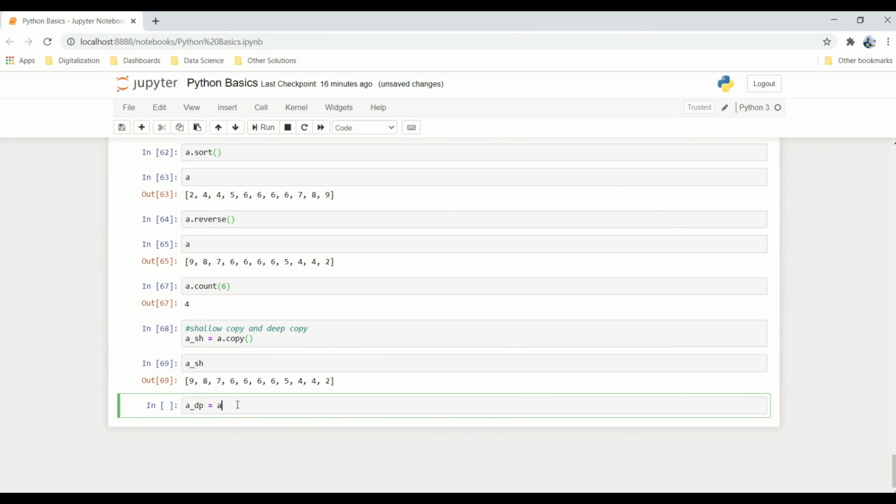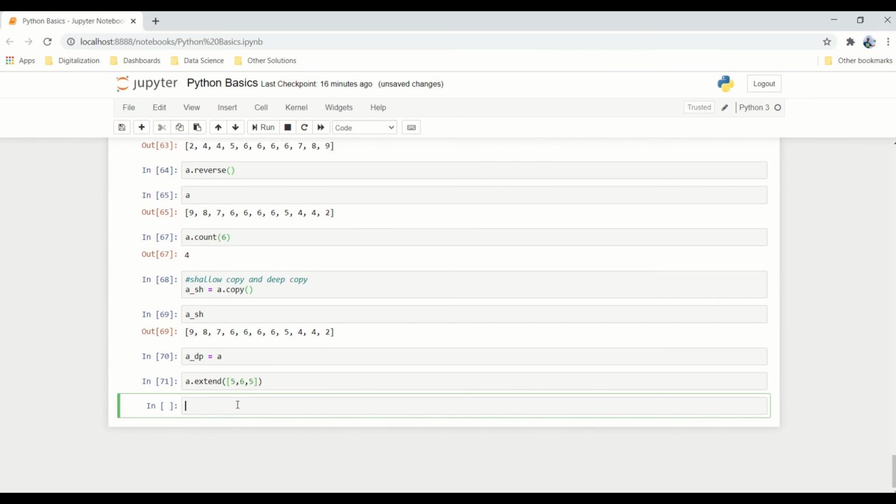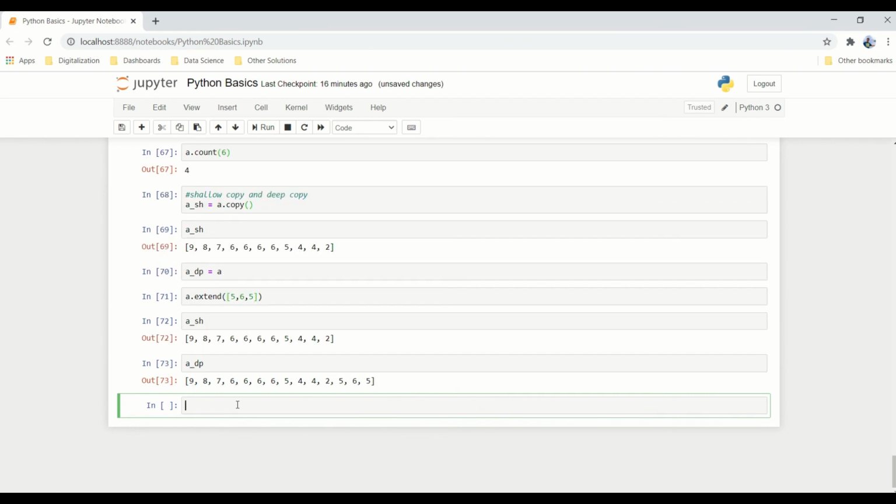So currently both are same, there is no difference. Now let's use an extend method and see what will happen. So let's try to extend into the original list with some elements like 5, 6, 5, and then see what is the output of the shallow function. You can see that there is no difference, whereas in the a_dp these new elements are added.